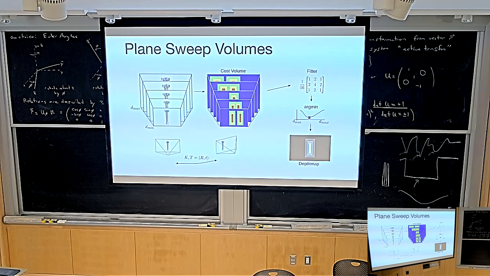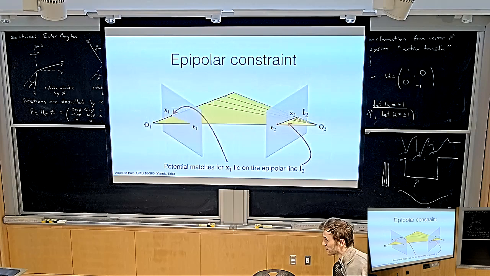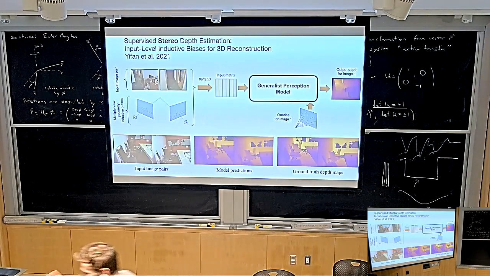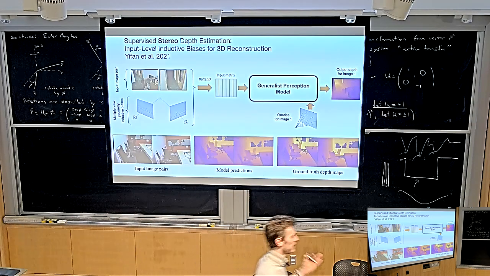Okay, but the beautiful thing with transformers and all of this deep learning business is that the transformer will just do that for you, right? So what will happen with the transformer? This transformer is looking at both of the images at the same time. It's seeing both images completely. Now you're just telling it some additional information: these are the points that are along the epipolar line for these respective pixel coordinates. And so the transformer can just learn that. The transformer can just be like, I guess this point doesn't have a correspondence in the other image.